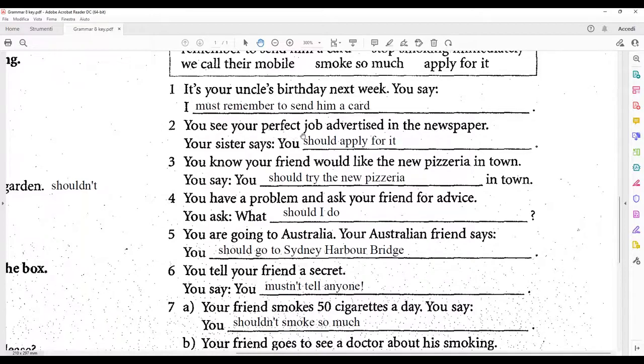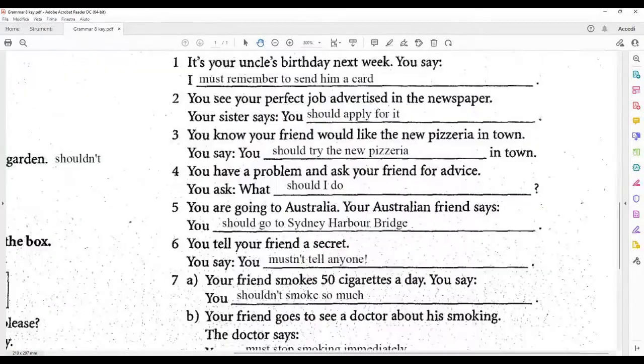You see your perfect job advertised in the newspaper. Your sister says you should apply for it, right? You should apply for it. You know your friend would like the new pizzeria in town. You say you should try the new pizzeria in town,